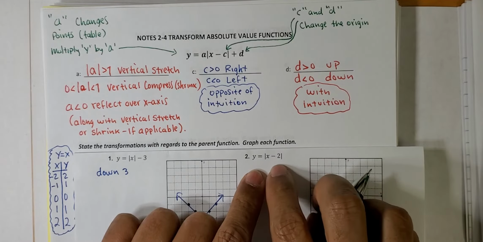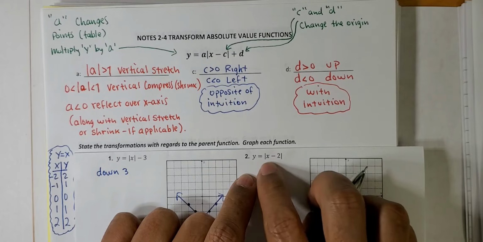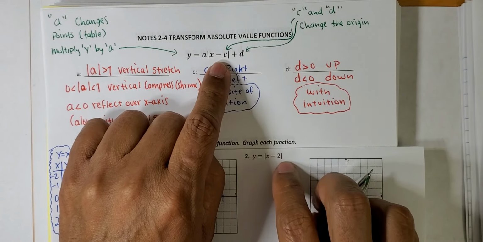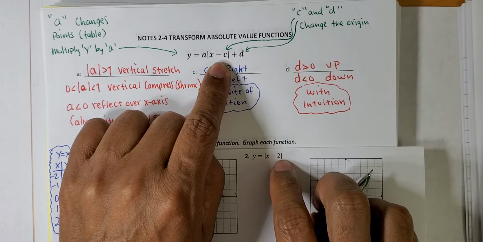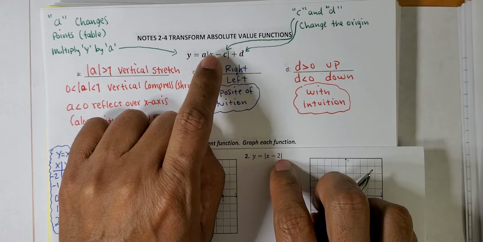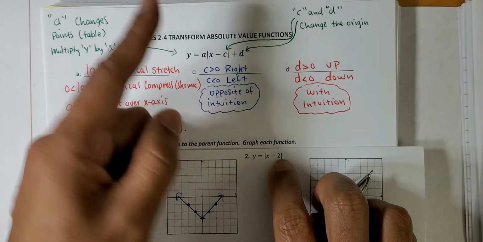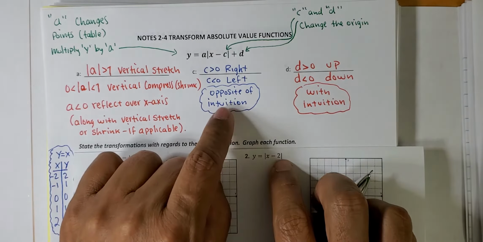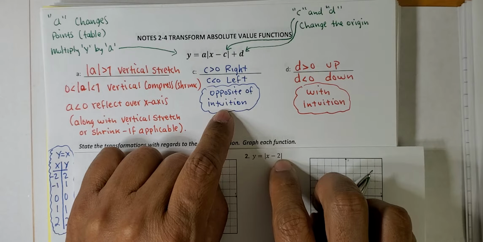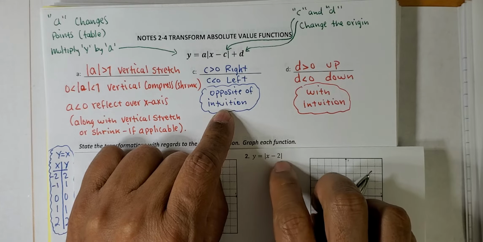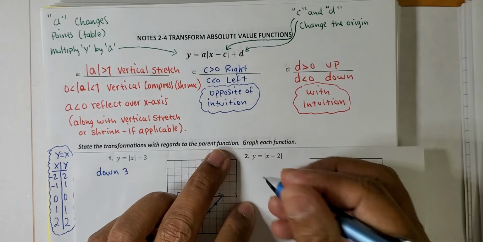Now notice here, there is something inside of the absolute value along with the x. So we do have a C value, and in this case the C value is a 2. But remember I said if this confuses you, just ignore it. Just understand this: opposite of intuition. So you might think this is going to go left 2, but it's not. It's going to go to the right 2. Okay, so the transformation is